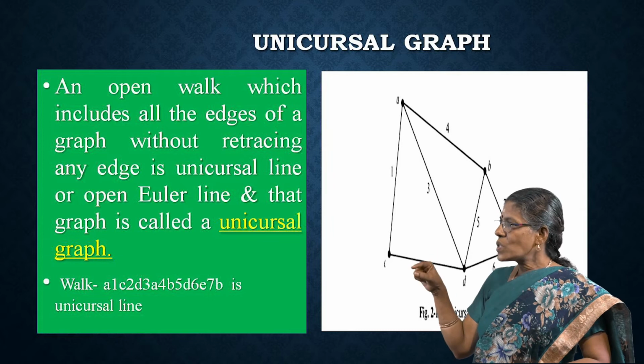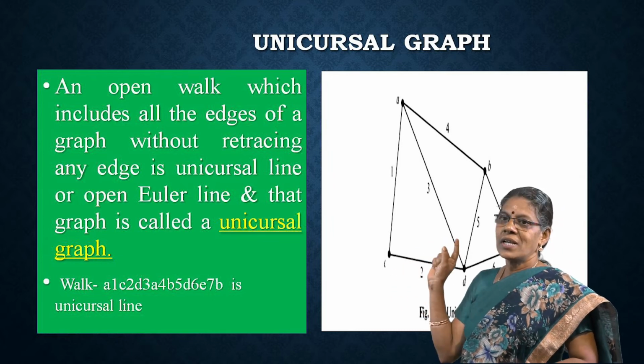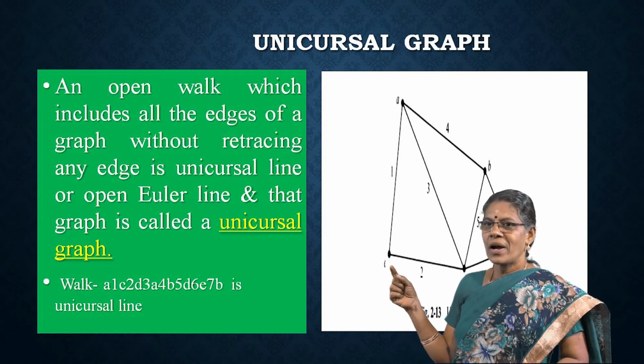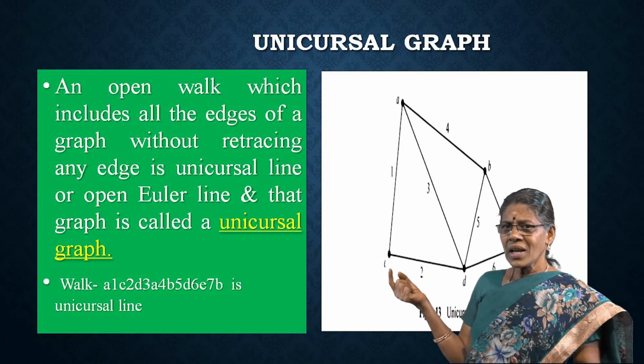An open walk includes all the edges without retracing any edges. It is called a unicursal line or open Euler line, and the graph is called a unicursal graph. Okay. Next,